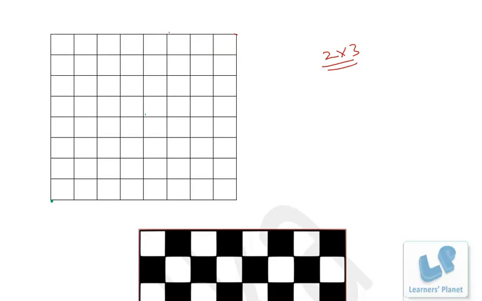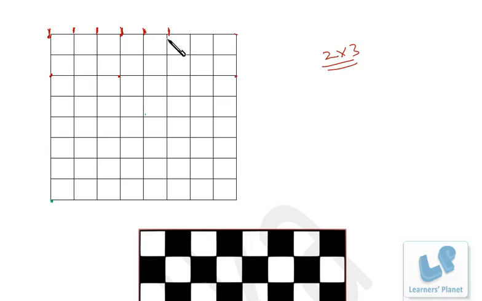Now suppose we have to find out the number of rectangles having dimensions 2 by 3, right? So the first rectangle will start from here. This is the first rectangle, right? Second, third, fourth, fifth and sixth. At max 6, because the last will be 3 by 2, right?